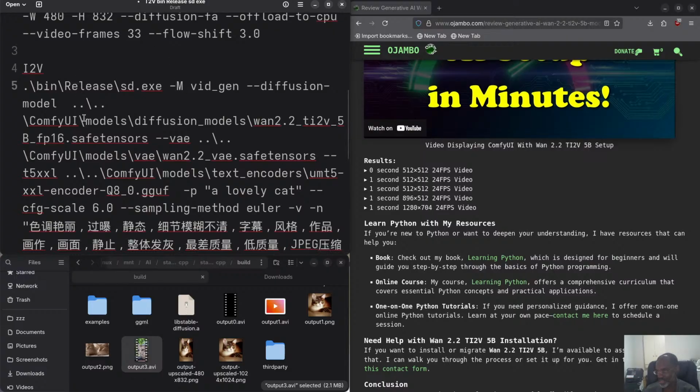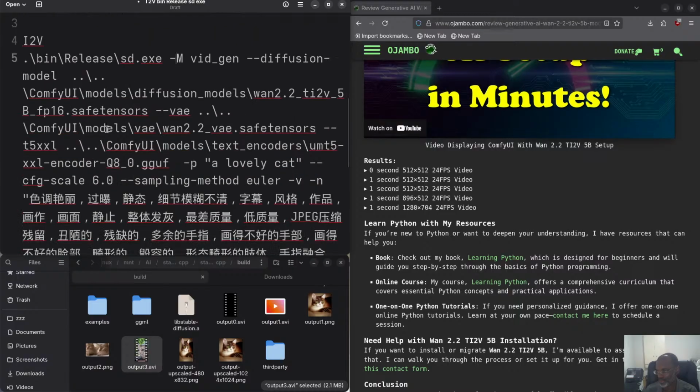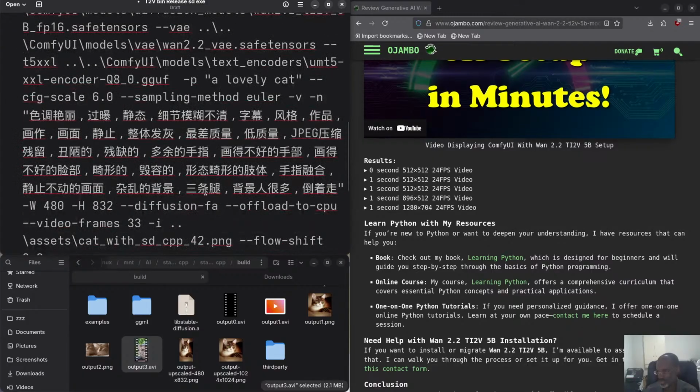So again, it's the same thing. You get your diffusion model, and you get your safetensors, sorry, the VAE, and then the T5 XXL, so it's the same. You get the Q8. Now, if you notice here, it's the same settings. Everything is exactly the same, including the negative prompt. Everything is exactly the same, except down here. You see, there's a new